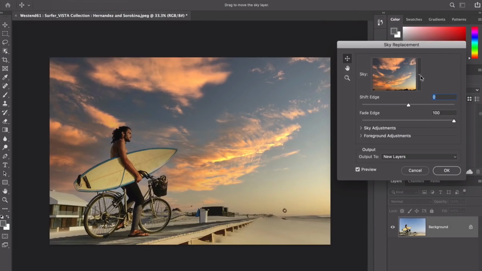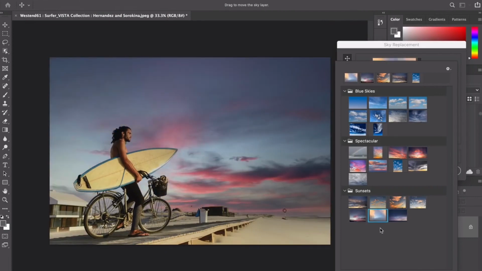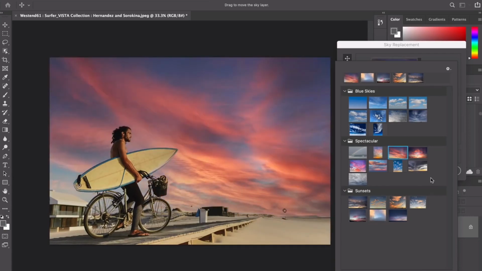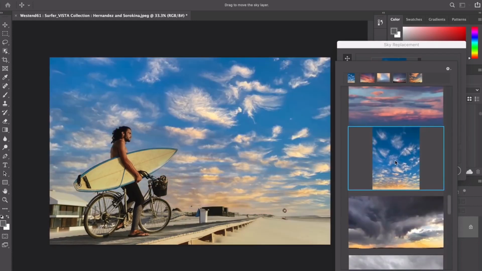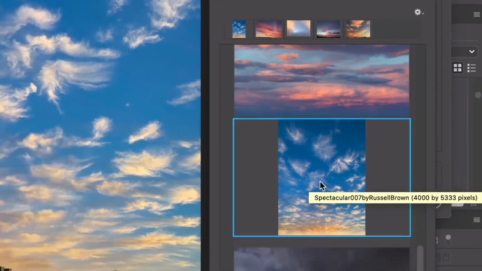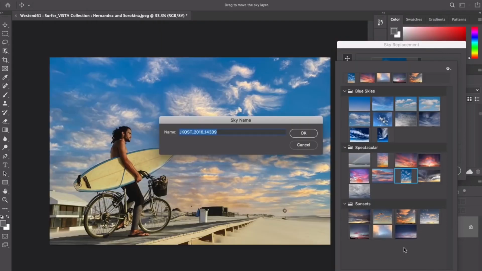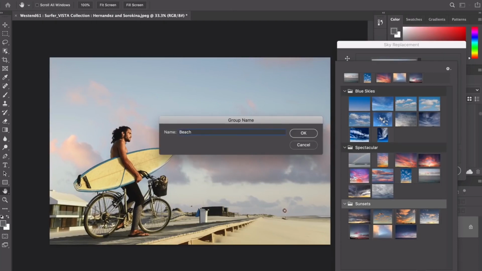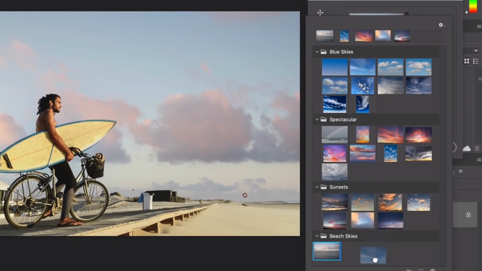Now come to sky replacement. The new sky replacement feature in Photoshop lets you quickly select and replace the sky in a photo, automatically adjusting your scenery colors to match the new sky. You can now get the mood you want in your photos even if the shooting conditions were not perfect. You can save precious time when you are retouching your landscape, real estate, wedding or portrait photos. To get more precision, you can also zoom in and select just a section of the sky or move the sky around to find the right configuration of the clouds or color you want.